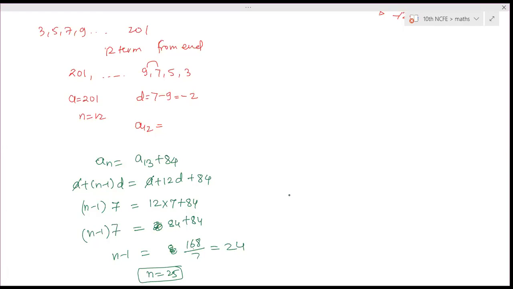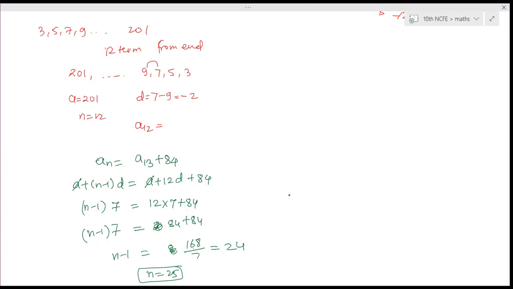In other books, everywhere it is given, find the position of 128 and then find the 12th term from the end, and that is confusing for me. I don't solve that way. I really get confused as to exactly which term has to be taken. So I will always reverse the AP and then solve from that end. Find whatever term you need. I have solved this here itself, the 12th term from the end. Check out that. But this question was different. The same way you have to find it: reverse the AP, then find the a value, and use the normal method to find the 8th term.